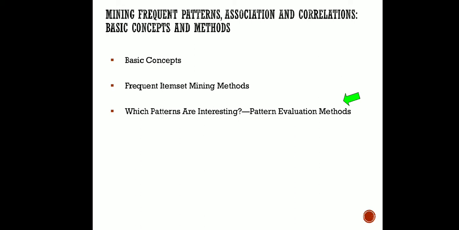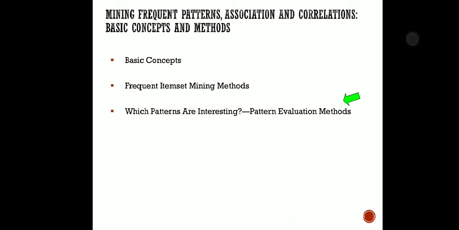For now, just remember that correlation tells us to what extent one item set is dependent on another item set. If they are strongly correlated, we are going to get a value greater than 1. If the dependency of one item on another is not successful, then we are going to get a negative value of correlation. And if it equals 1, then both items are independent. So we are going to incorporate this correlation method as well.